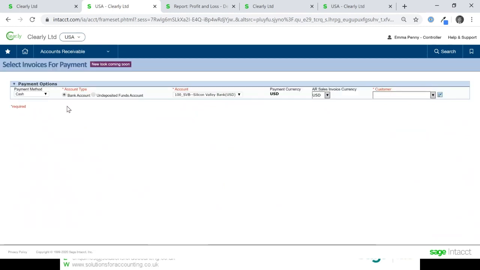Again, with the e-banking components that are available, you can have a transactional list appear in your cash book where you can say, oh, I've received a payment from Acme, I need to now go and receive that, and you can do that on the fly from the cash book screen, create new customer receipt, and then it's going to bring you into a screen similar to this.